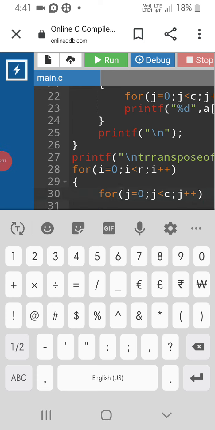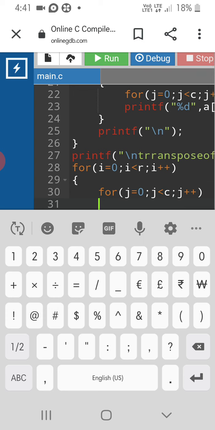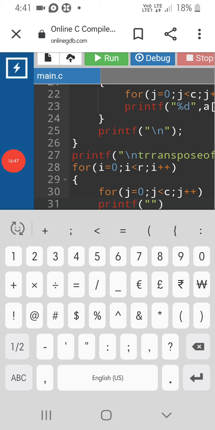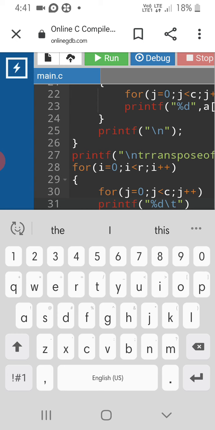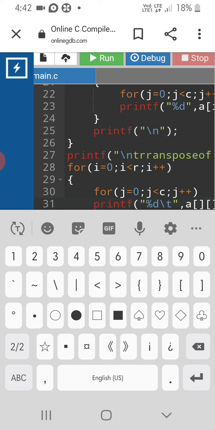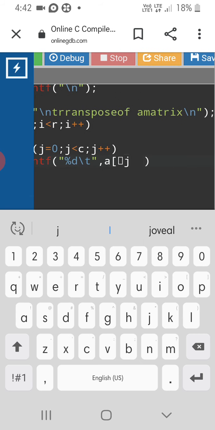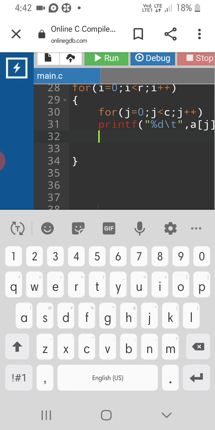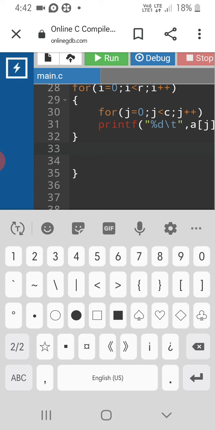And we access a of j i instead of i j, so we require a printf statement for this: %d, backslash t, which is used to maintain a minimum gap between elements row-wise and column-wise, and a of j i used instead of i j, semicolon. So we completed the inner for loop, that is accessing of column elements.